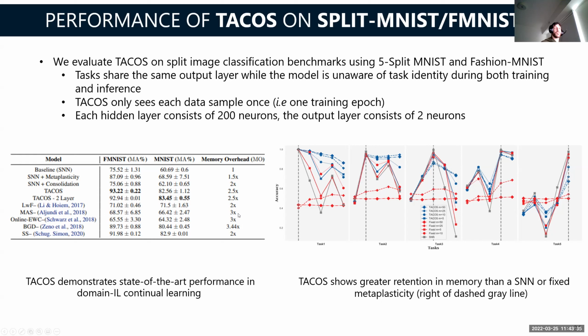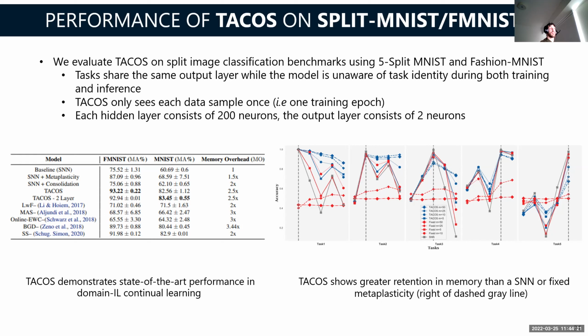Whereas when looking at the rest of the groups, they either rely on task information or their performance is very poor. So when just looking at the top 3 performers, we're near the lower end of the memory overhead, but we're getting that great performance while only training on a single epoch. Whereas the other approaches, definitely stochastic synapses, was trained for 5 to 10 epochs. I forgot the specific value. And BGD was trained for more. So those are the main points when comparing TACOS to just simple SNN and TACOS to relevant state-of-the-art approaches.